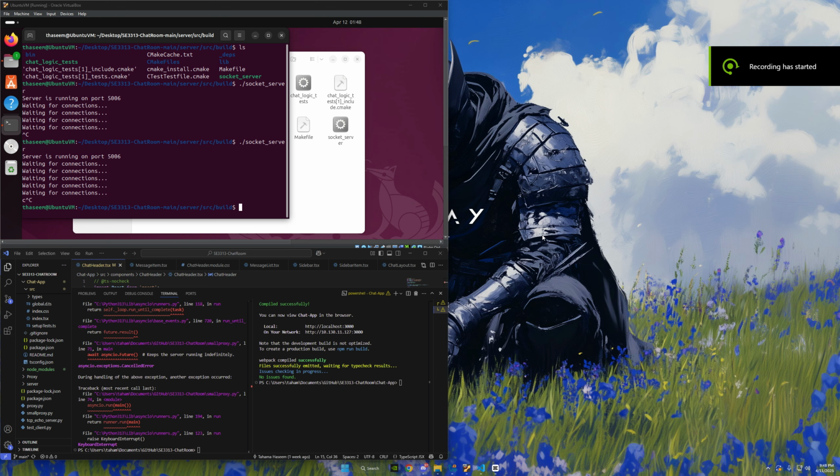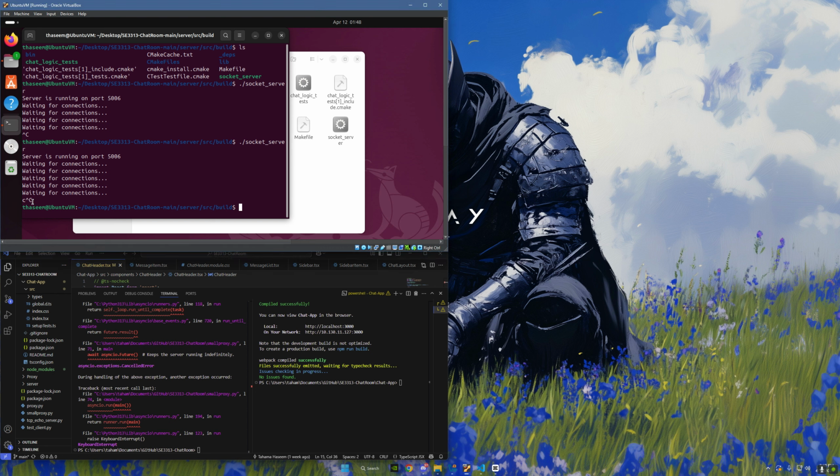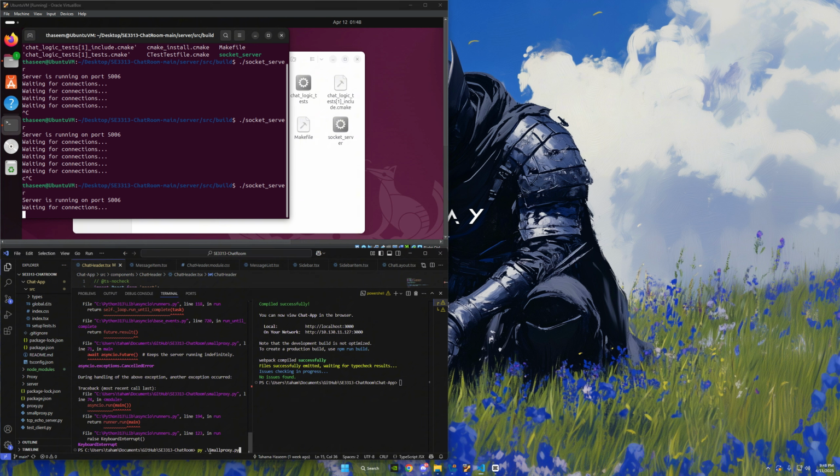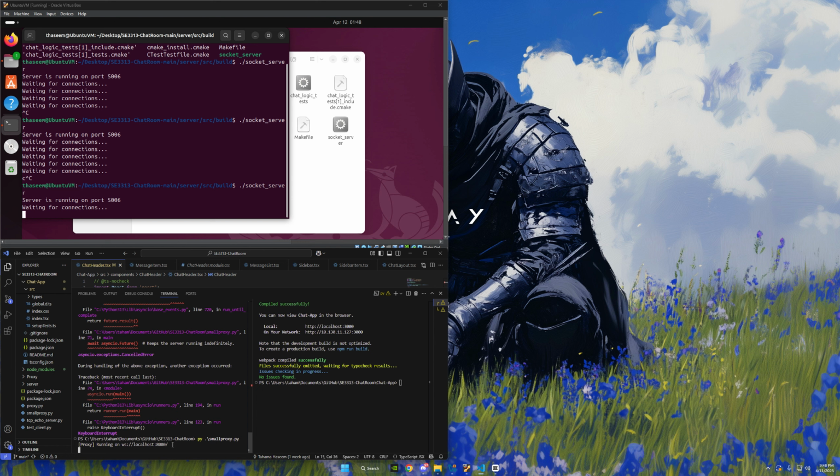Now I'm going to be demonstrating that chats are stored even when the server isn't running. So right now you'll see I did a Control-C, so the server isn't running. I did a Control-C for the proxy and the Control-C for the client side. So it terminated all of them. Now if I run it again, the server's running again. And then if I do the same thing for the proxy server, and if I do an npm start,